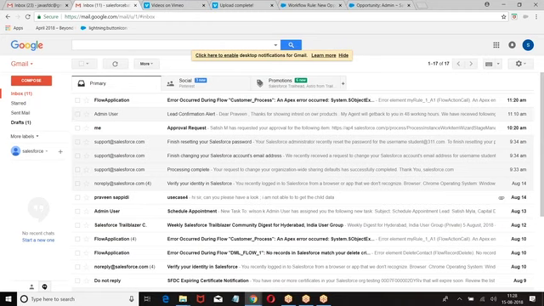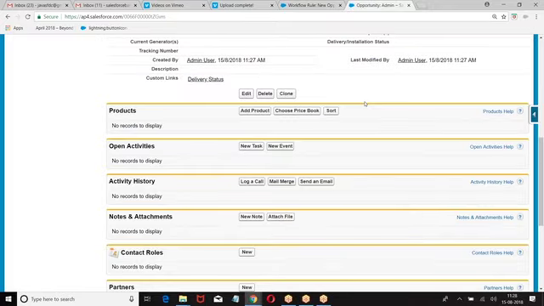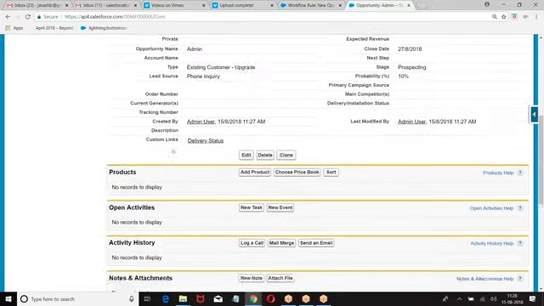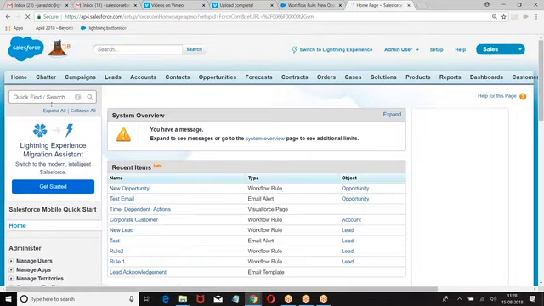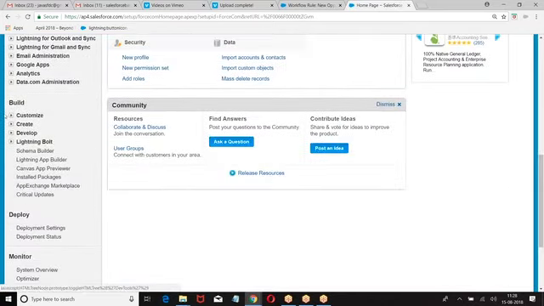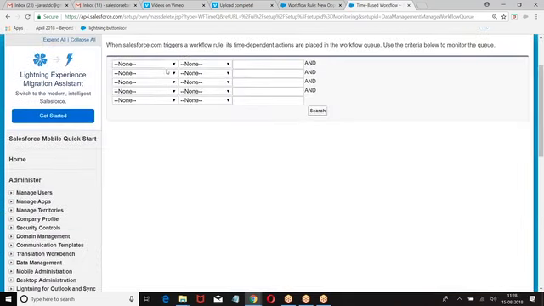For that, we have a process here. Because my rule is created, I created a record, condition is met, automatically the action should be fired. So how do you check it? Setup, monitor. So what do we have here? Time based. Give a condition. When object equals to